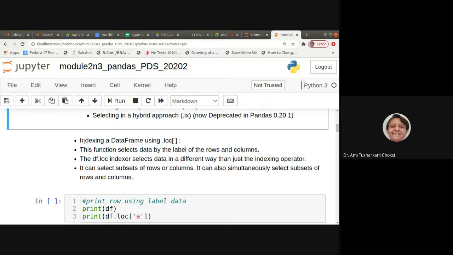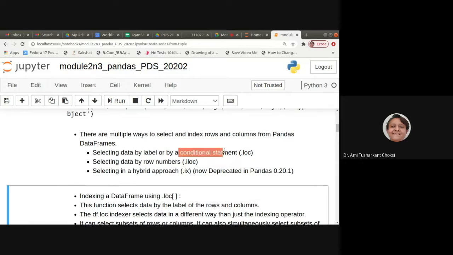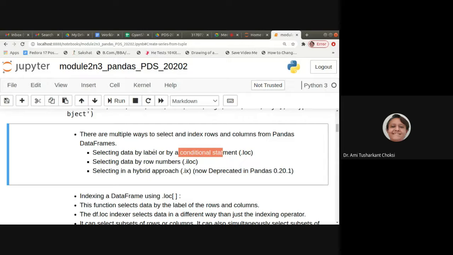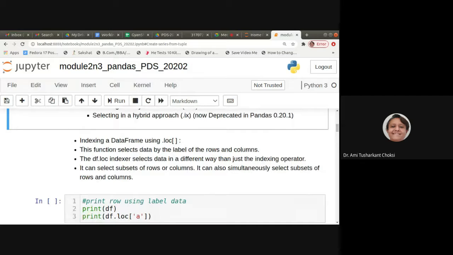So let us see indexing a data frame using .loc, location, right? And then in the square brackets we can provide either the label or the condition. We have seen that for loc, we can provide the label or condition statement, isn't it? So let's see.